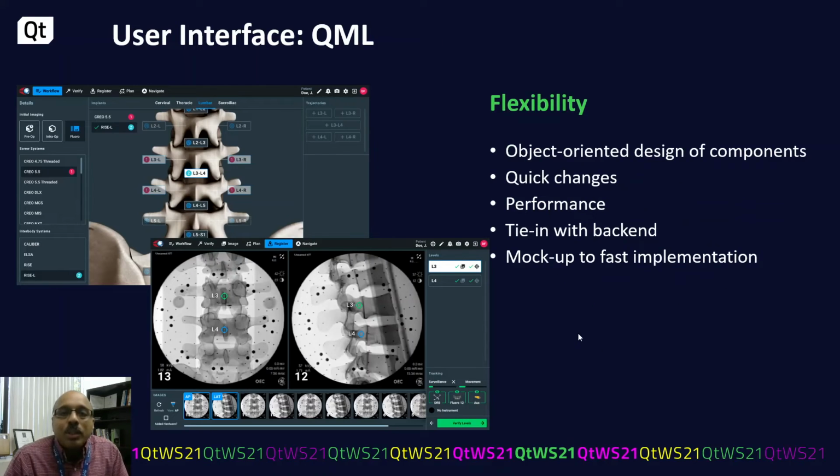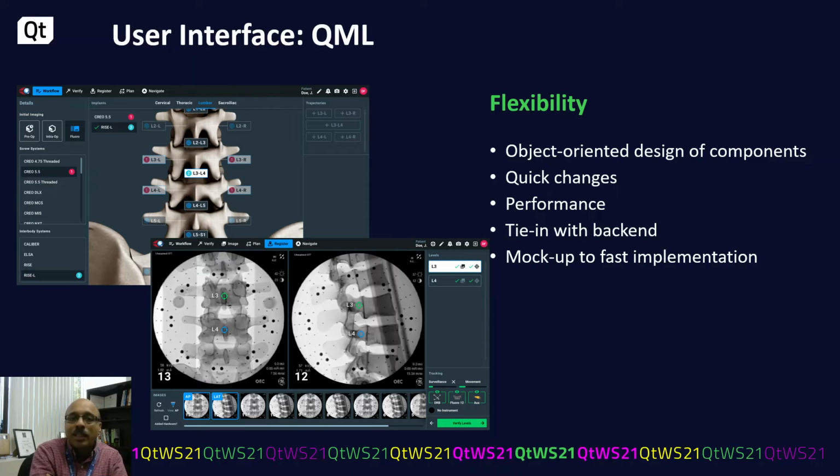And our choice to go with Qt was QML, primarily because of the flexibility, how we could wire different QML components together to deliver this user interface. QML architecture allowed us to do a very object-oriented design of these components, nest them together very well, and reuse them from one application to another.